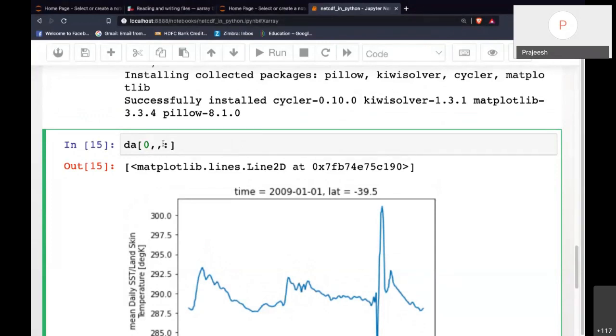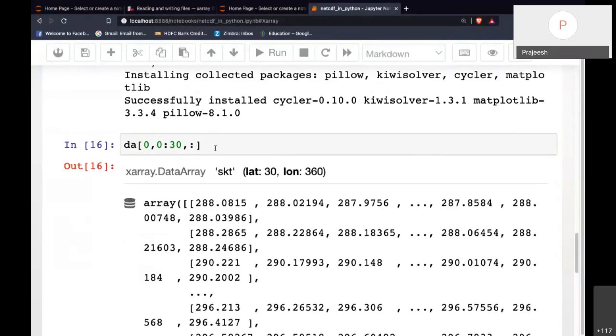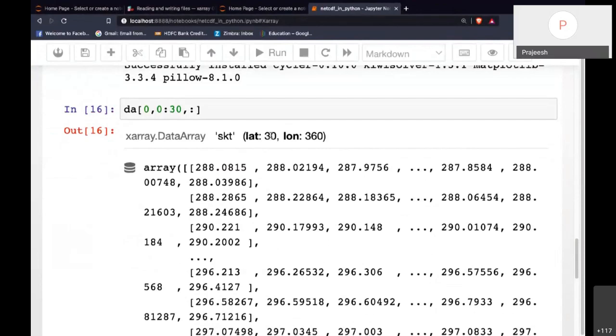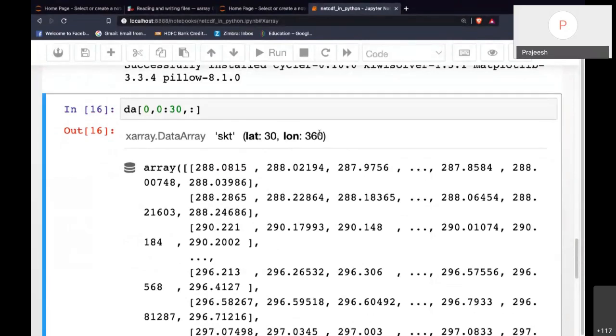I can do something like, get me 0 to 30. So I got the first 30 latitudes and all longitudes here. I can also get something like 100 to 200.